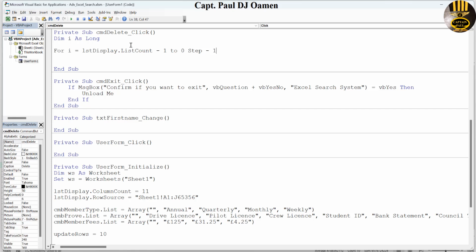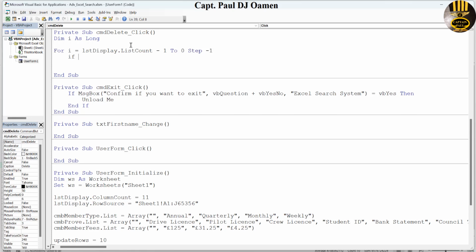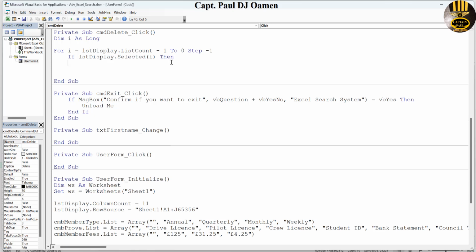Okay, then I'm going to use an if statement here. If lstDisplay.Selected(i), no, not 1, i, if that is i, then let's say Worksheets, yeah, the Worksheets,